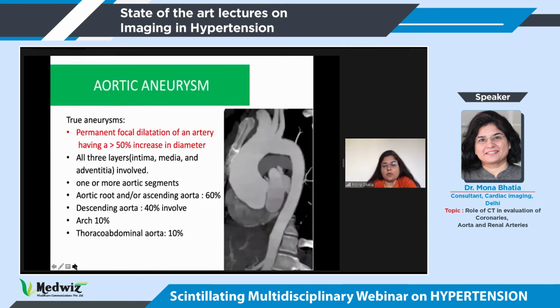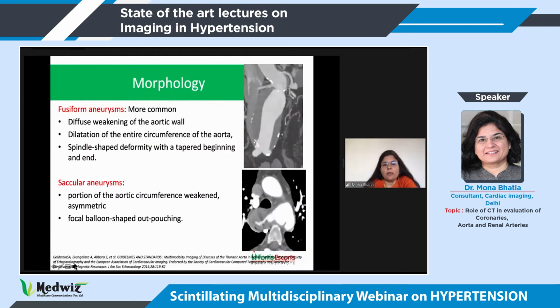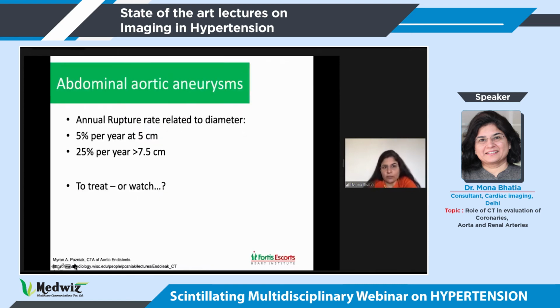Aortic aneurysms are also well known in hypertensives, and these are permanent focal dilatations of an artery having more than 50% increase in diameter, while the fusiform aneurysm is what we usually see, but saccular aneurysms may exist in the event of fungal infections and various other causes. Abdominal aortic aneurysms, again, the annual